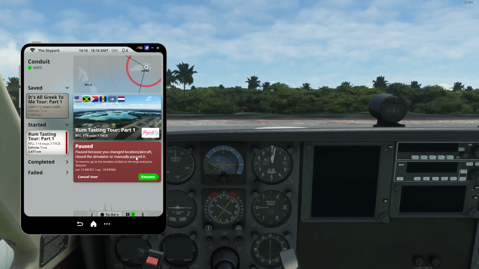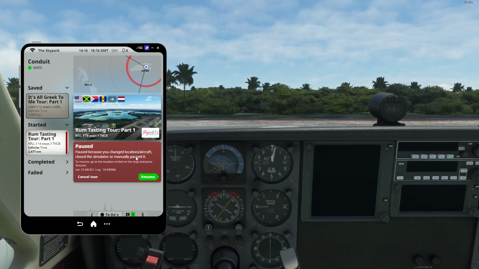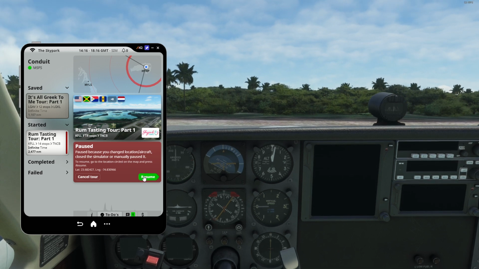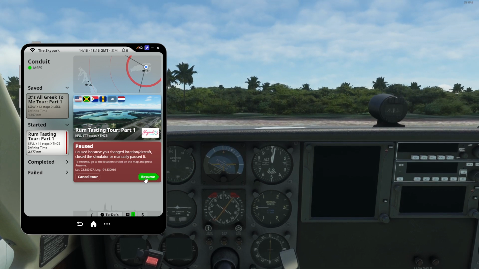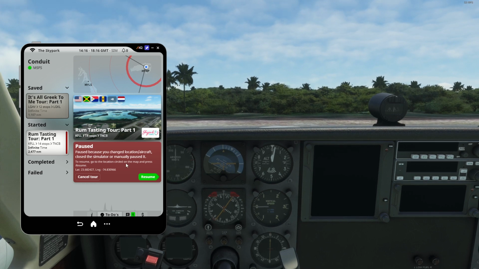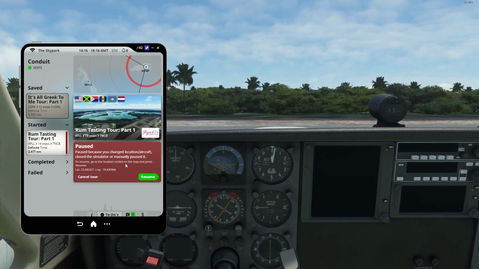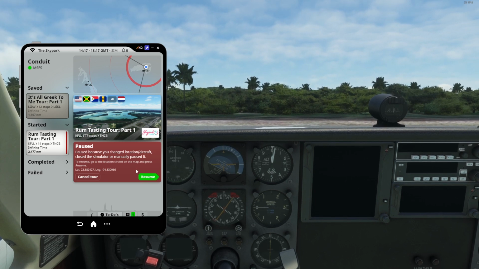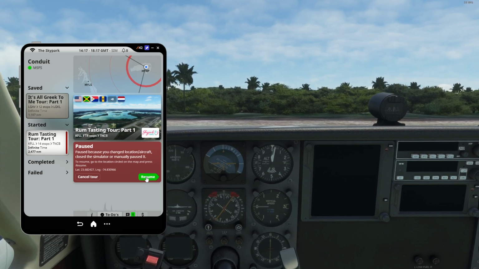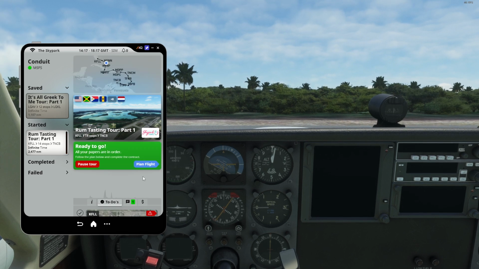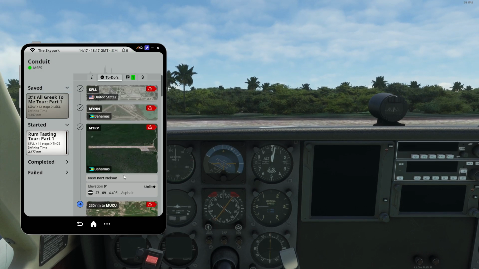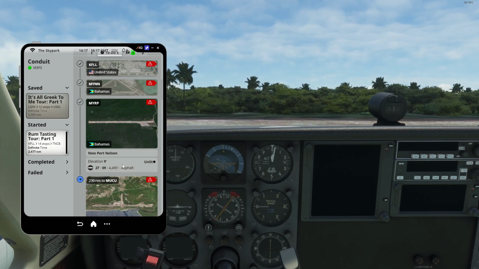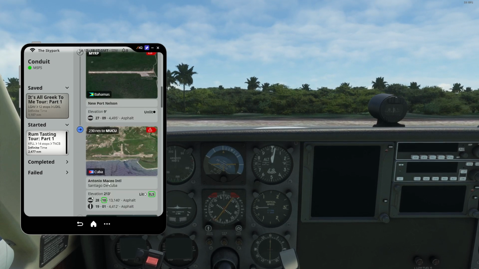Today I'm gonna fly the third leg of this rum tasting tour, and it's gonna be from Rum Cay Island, where I didn't find the shipwreck the island is named after in the 10 days I spent here, and now we are going to Santiago de Cuba. So I just resumed the tour, and the departure airport is called Newport Nelson, and the arrival Antonio Maceo